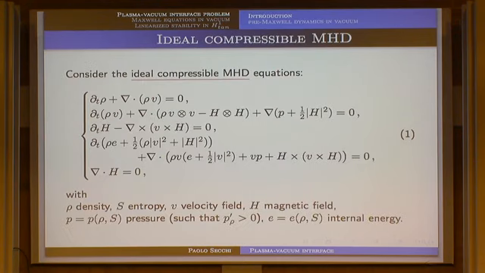Okay. So here we have the equations for ideal compressible MHD that we saw 2 days ago. We derived the equations in that introduction, where we have the continuity equation. Rho is the density of the fluid, V the velocity. Here we have the complete form of the equation for the conservation of momentum. H is the magnetic field in the plasma region. This is the equation for H.